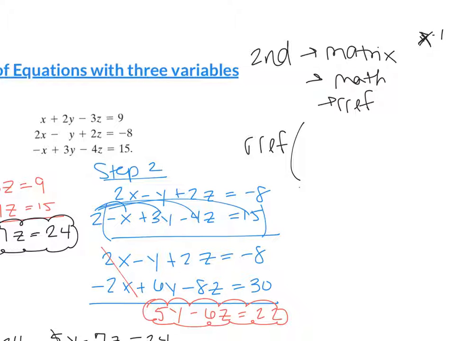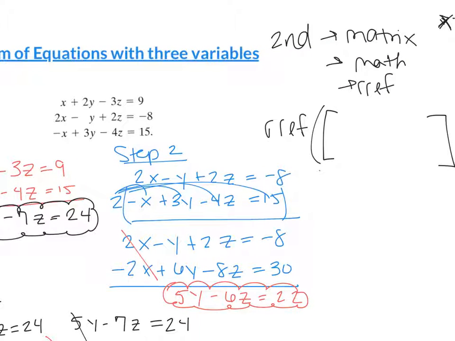And what you need to press now is alpha zoom. And what will pop up is like rows and columns. What we need is a 3 by 4. So what you're going to do is plug in the coefficients from the systems of equations. So in this case, it'd be 1, 2, -3, 9, and then 2, -1, 2, and -8, and then -1, 3, -4, and 15. When you do that and you press enter, it ends up giving you 1, 0, 0,